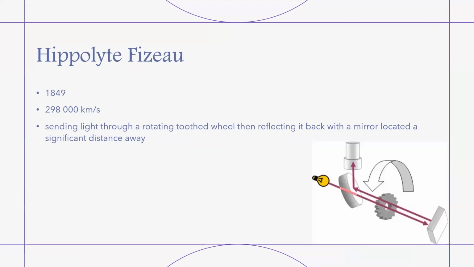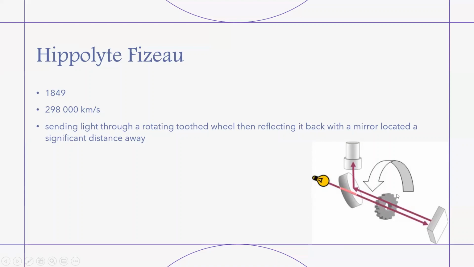So now we're going to take the next step, which is looking at modern day, or at least 1850s, techniques to measure the speed of light. You can actually see that the speed of light here was pretty close. This is when they were starting to really hit the ballpark. What they did was shine light through this, and it would bounce off this mirror and back through, and they'd have it so that this gear here was turning.